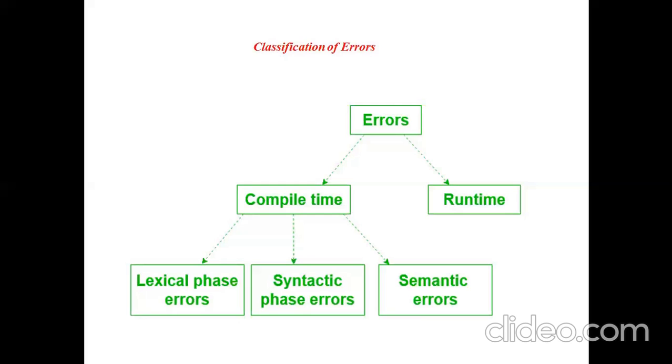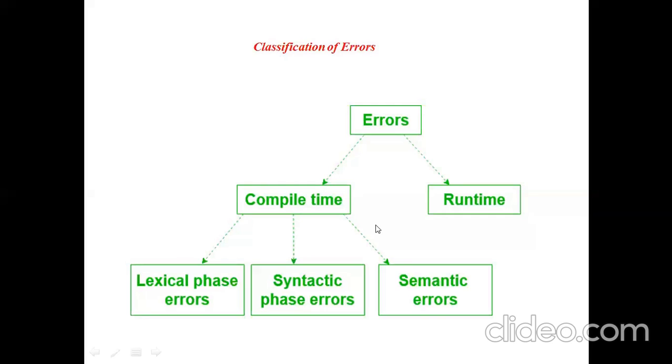When we come to compile time errors, while writing the program we will make many mistakes. We will miss a semicolon, wrongly place the double quotations, or misspell keywords. We may write the wrong syntax in a declaration or initialization. All those things come in the category of compile time errors, which are identified by the compiler at the time of compiling of the program. That's why these are called compile time errors.